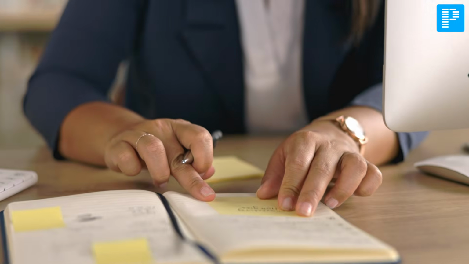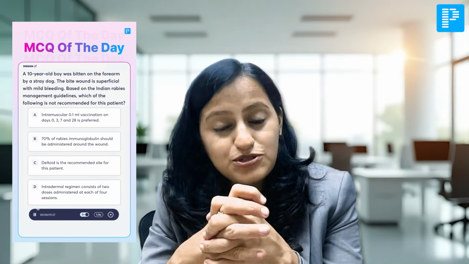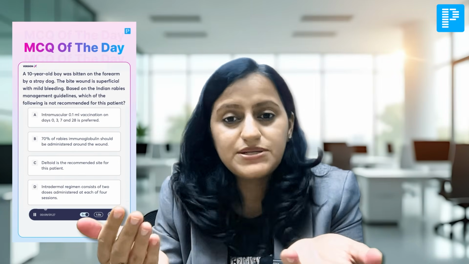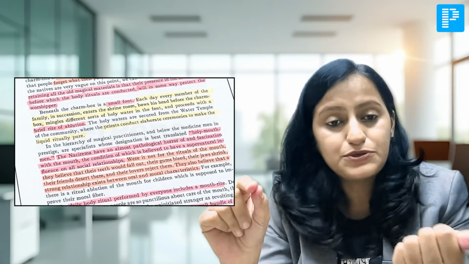So what do you do is, after you have made notes for a particular topic, then you look into the MCQs, right? All of you are using the QBank, PrepLadder QBank, which gives you all the questions topic-wise. So you've read a particular topic, go to the QBank of that topic, solve the questions, see what you remembered, what you did not remember, whatever you did not remember, highlight in the notes.